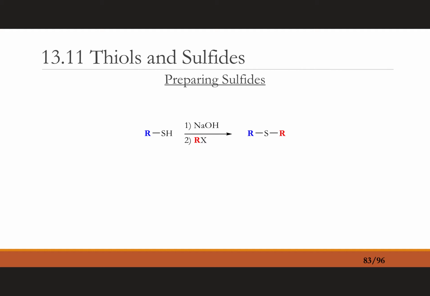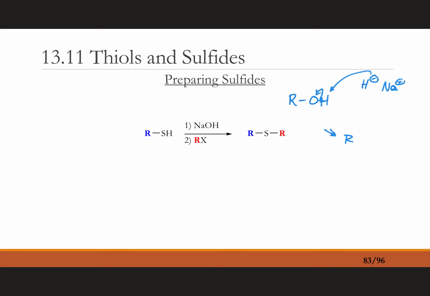All right, so how to prepare sulfides, these ethers essentially, but with sulfur instead of oxygen. We're going to take sodium hydroxide and an alkyl halide. This is much the same as we saw for producing ethers earlier in this chapter. In the Williamson synthesis, we would take an alcohol and deprotonate it. That used sodium hydride, not sodium hydroxide. The hydride would deprotonate the hydrogen, making the alkoxide, I should say, and then that would attack some RX